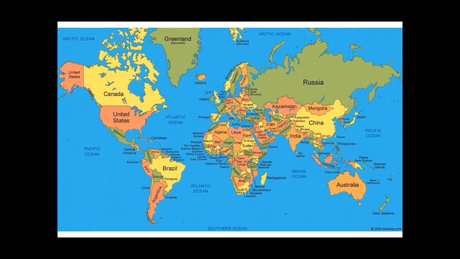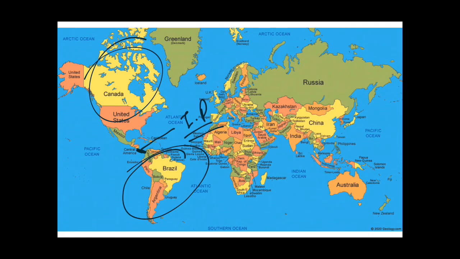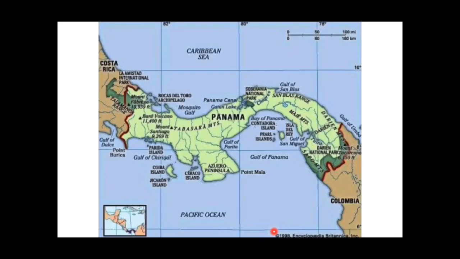So guys, I told you that this is North America and this is South America, and the isthmus which is joining these two continents is the Isthmus of Panama. You are seeing a small one. This is the Isthmus of Panama. I'm just showing it in another map so that you may get a clear, zoomed view of this Isthmus of Panama. In this map, this whole part is Panama. This is a small strip of land which is joining the two continents, that is North America and South America.